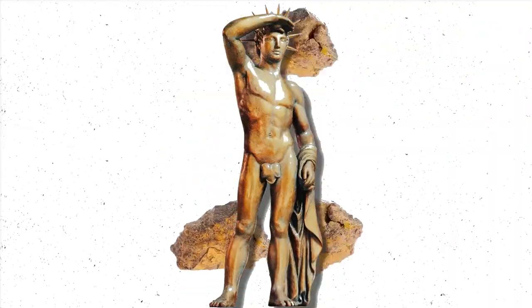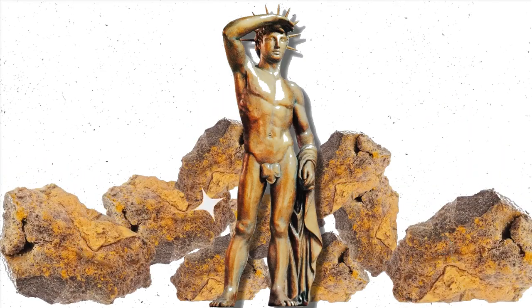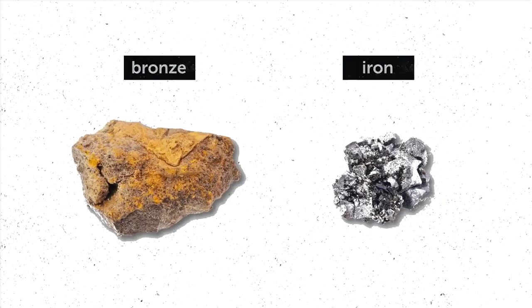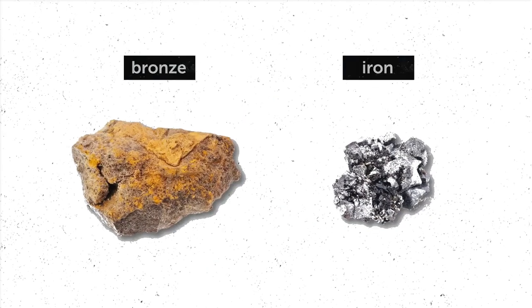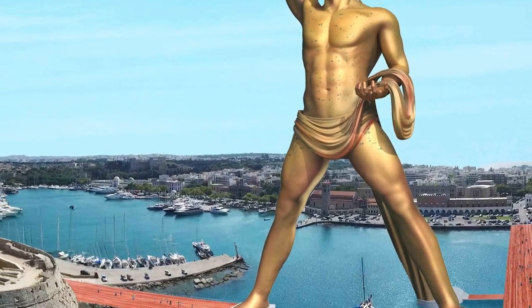statue. The Colossus was built over a massive stone pedestal, designed to withstand the elements and the test of time. The interior framework was a marvel of engineering, using iron and stone to support the colossal weight of the bronze exterior. The statue of Helios was depicted in a powerful, commanding stance, with one hand shielding his eyes as he